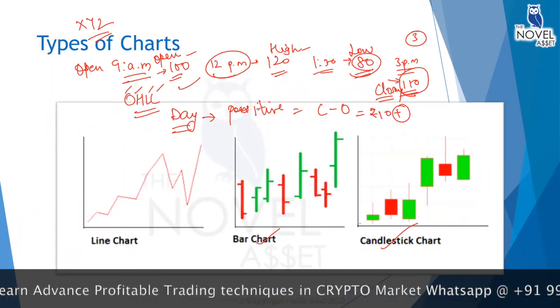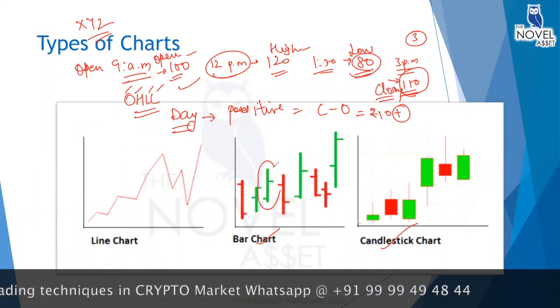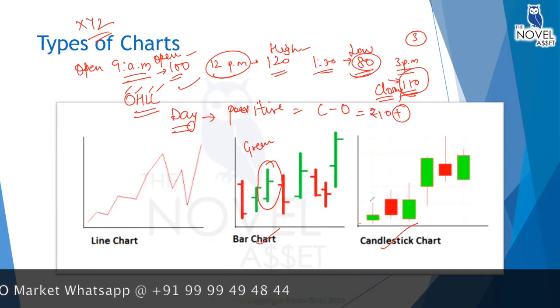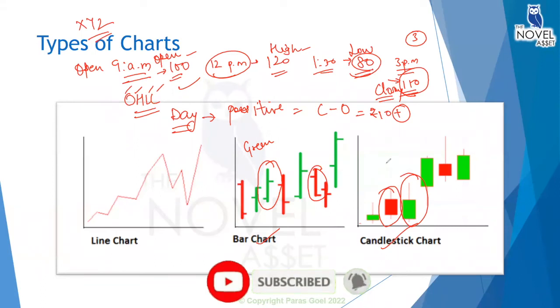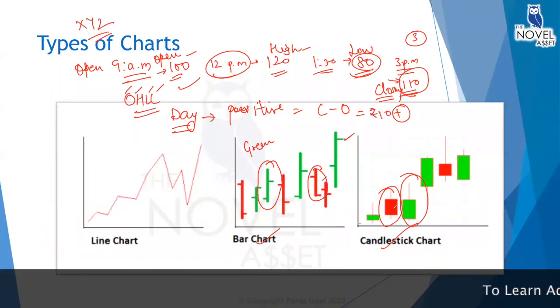So the positive day will always be denoted by a green bar or a green candle. That means on that day, the price has increased. Similarly, if there is a red bar or a red candle, what will it show? A negative closing in the price. That means for that day, the price had gone down. The price had decreased. Okay, so green means positive, red means negative. If the price has increased for the day, then it will be a green candle, and if the price has decreased for the day, then there will be a red candle.